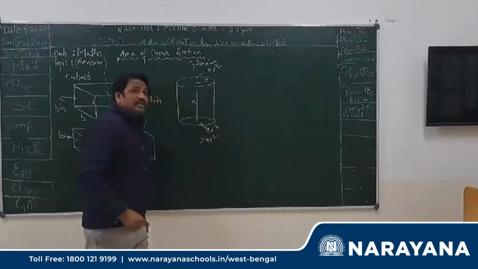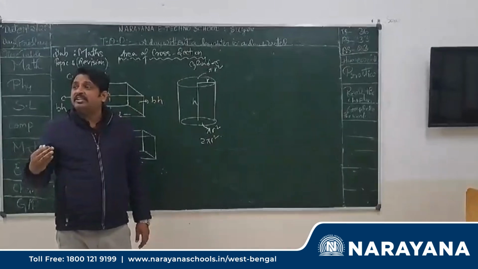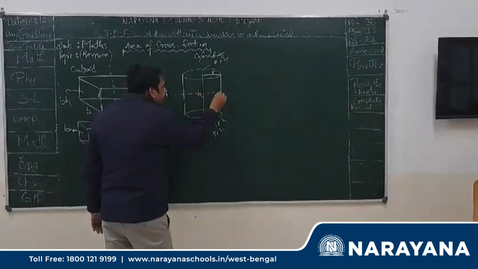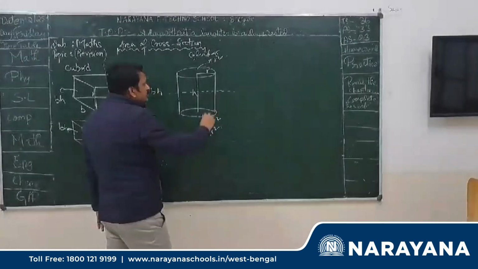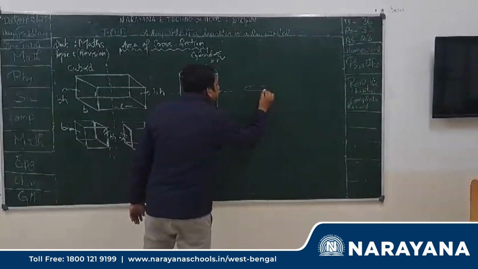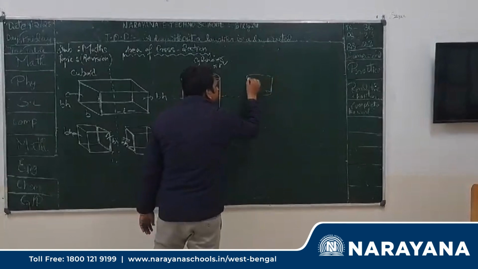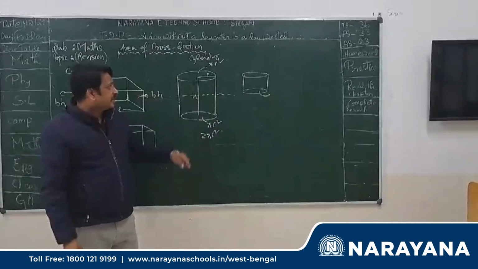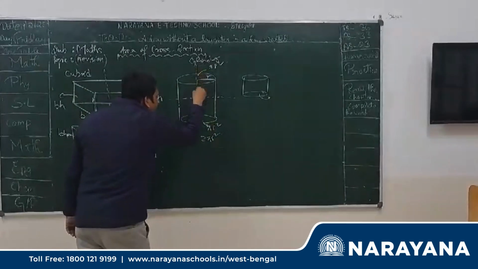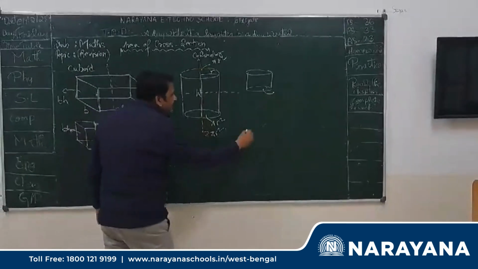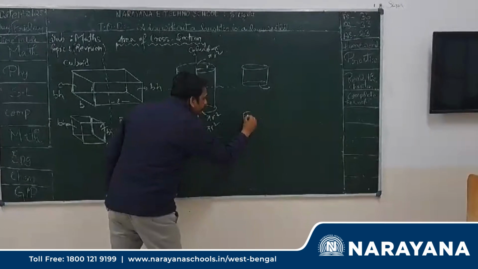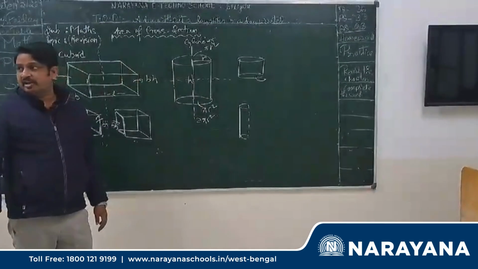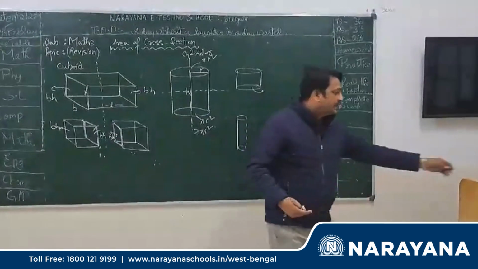2 pi r square. But it is not necessary that you will get the same diagram every time. Okay, see, I will show you. Suppose I cut this cylinder horizontally. In the middle, what shape will I get? Obviously, a circle again. Understood? But if I cut this vertically, then see what I get. Not understood? I will show you a demo once.